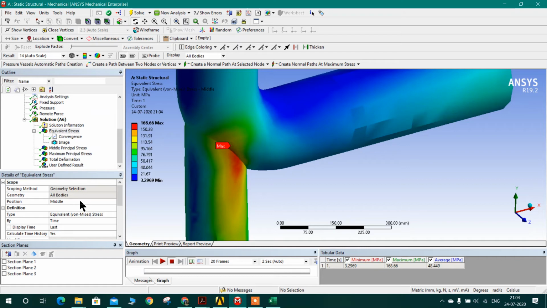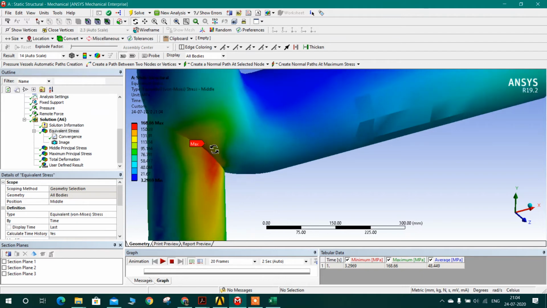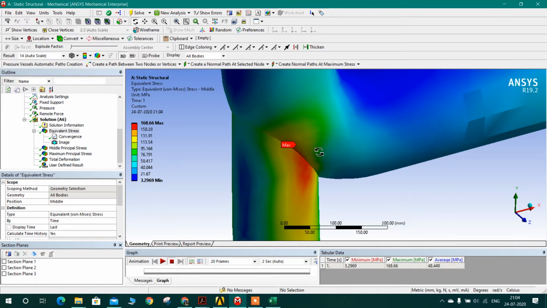The middle stress is basically the general primary membrane stress, and it is a discontinuity. If I go by the rules of ASME Section 8 Division 2, then my local primary membrane stress at the discontinuity should be less than 1.5 times the allowable stress.